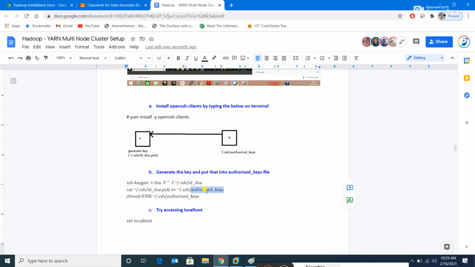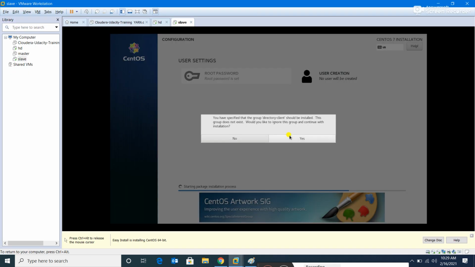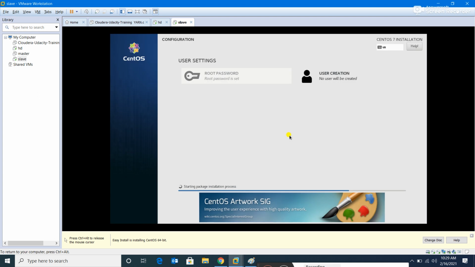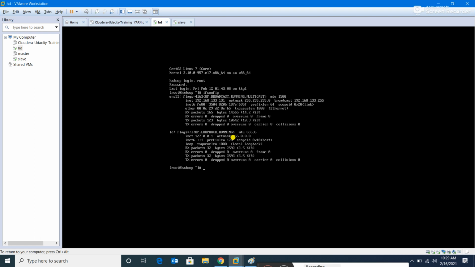For example, in CentOS1, just a second, let me make it yes for all. Okay, let it get installed. Yes, we will work here. Let us see if the IP is the same.